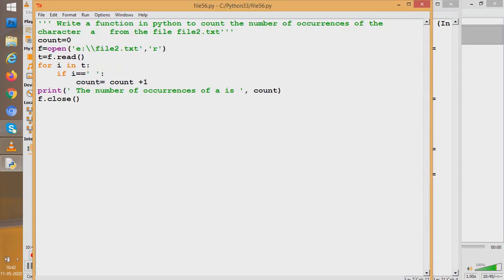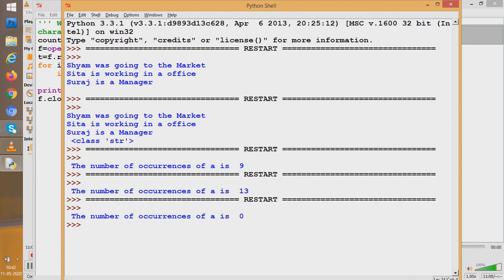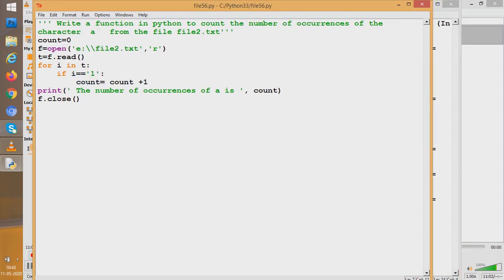Now if it says count the number of occurrences of the digit 1, you'll write 1 like this. But my file doesn't have a digit, so it shows 0, because no digits are there in my file. So whatever it is, put it there and check it. I think you have understood how to deal with CBSE's questions on characters.